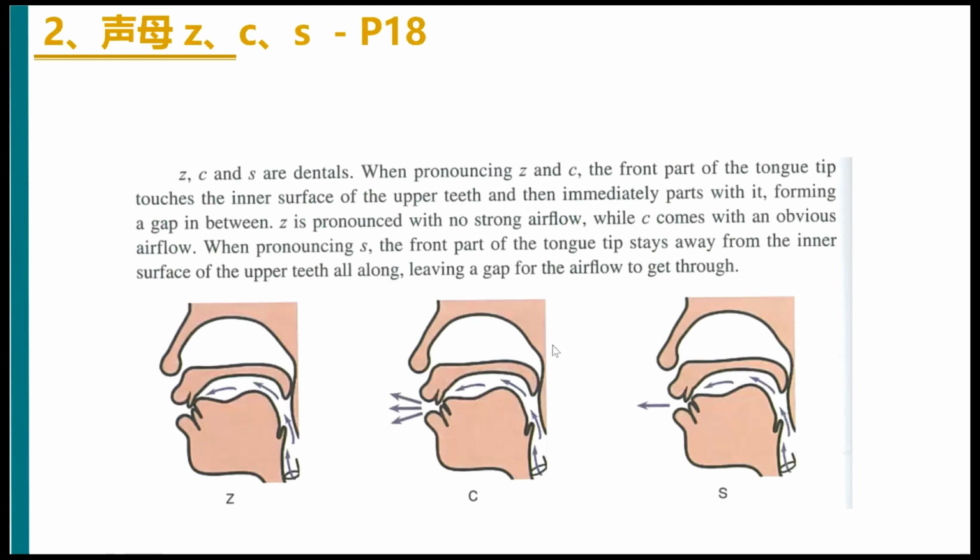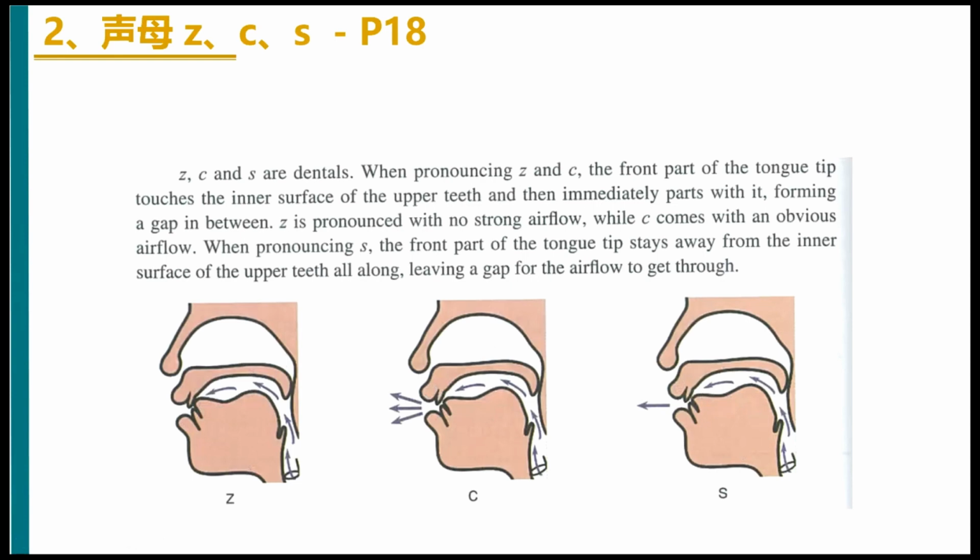Next group is the Sheng zi, ci, si. This group is dental sound. When we are pronouncing zi and ci, the front part of the tongue tip touches the inner surface of the upper teeth and then immediately parts from it, forming a gap in between. Zi is pronounced with no strong airflow, while ci has strong airflow. Si, the front part of the tongue tip stays away from the inner surface of the upper teeth all along,